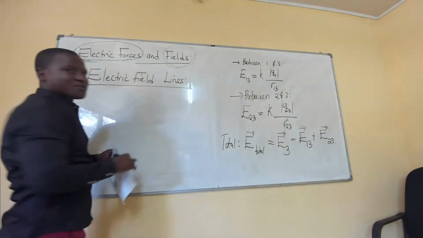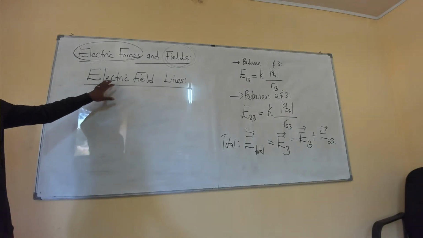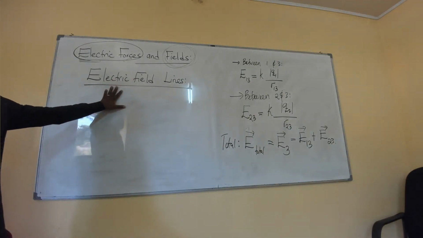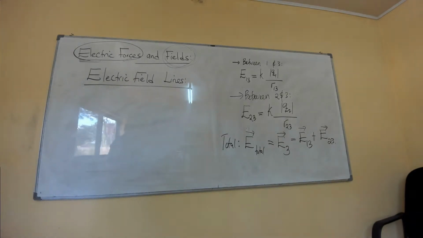Here we shouldn't even spend so much time because we just need to show the direction. That is what is important when you're talking about electric field lines. You just need to show the direction. For example, in the